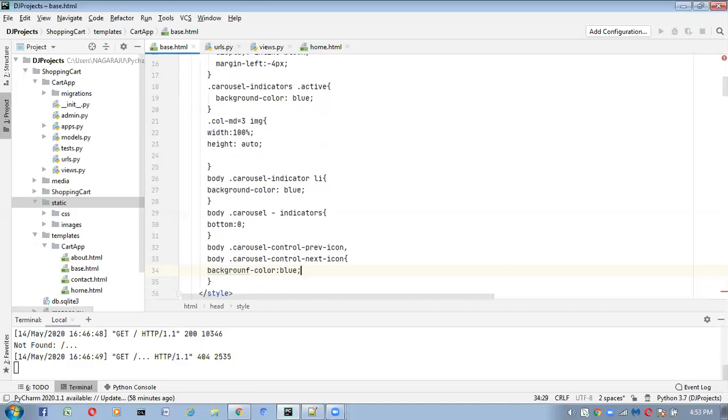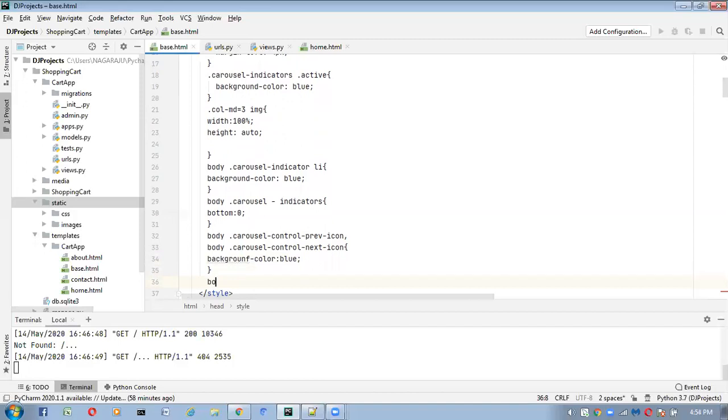Next here I'm going to take body dot no-padding.